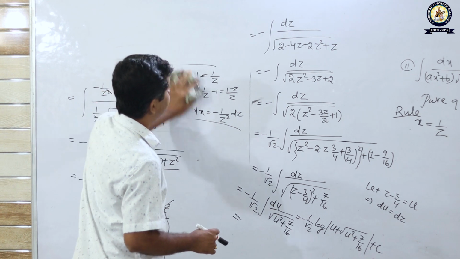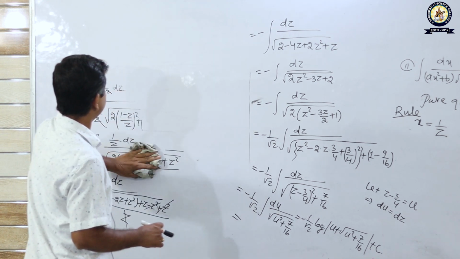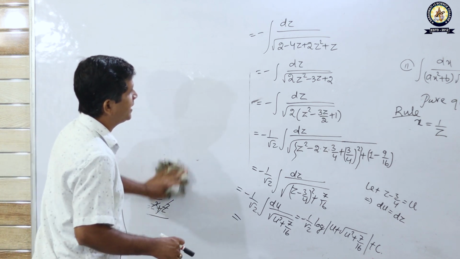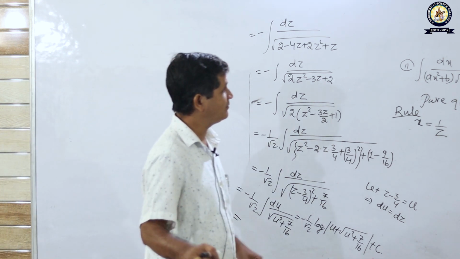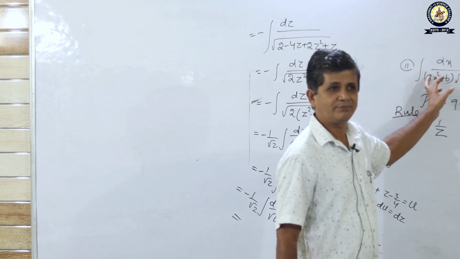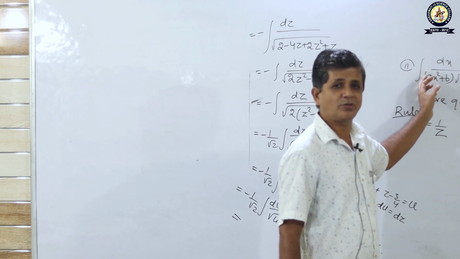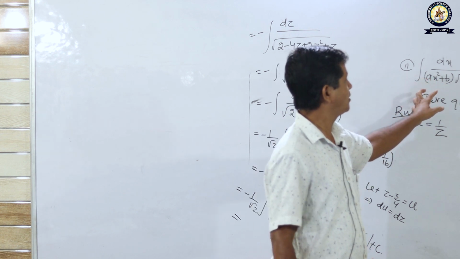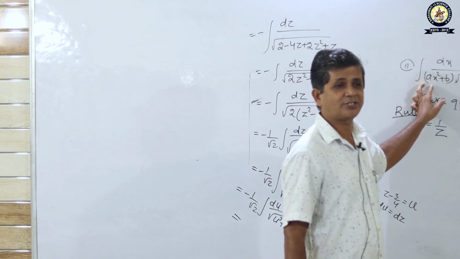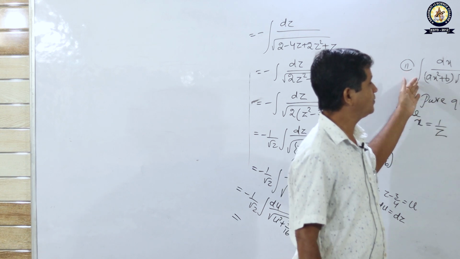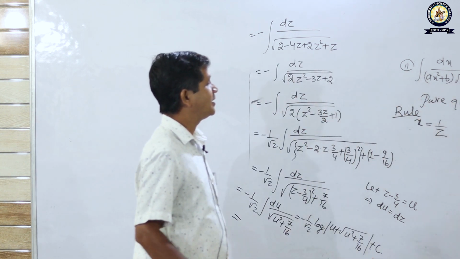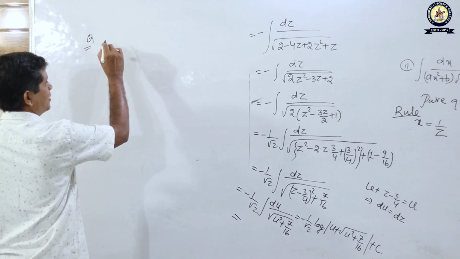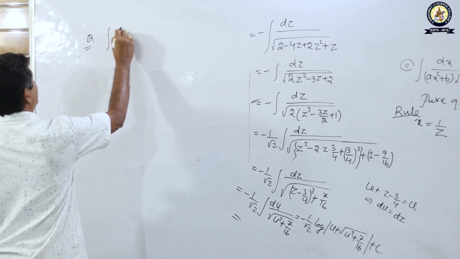Now come to another example for the next new type. The next new type is pure quadratic form. Why is it called pure quadratic? It has only even powers, the x power 2 term, and no odd power of x. The x term is not available here. So we cannot put x equal to any other substitution. We put only x is equal to 1 by z or 1 by t. Let us come to one example.